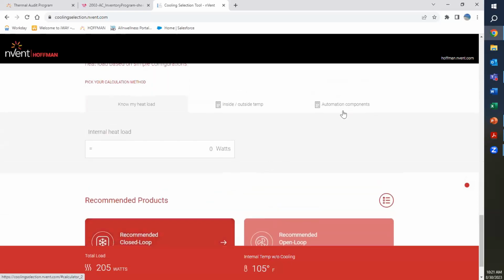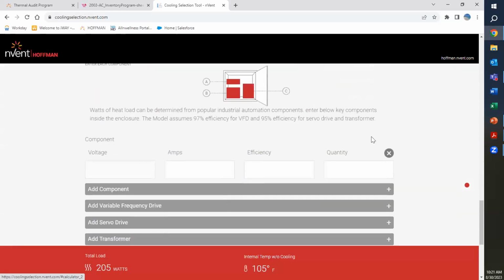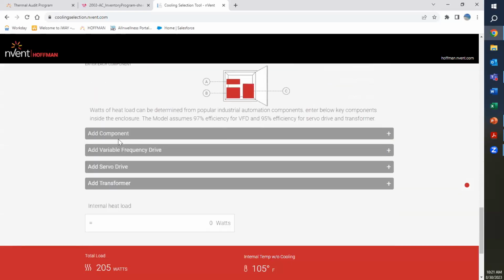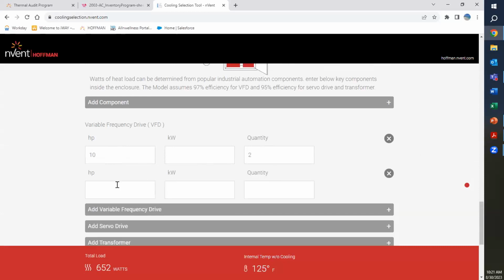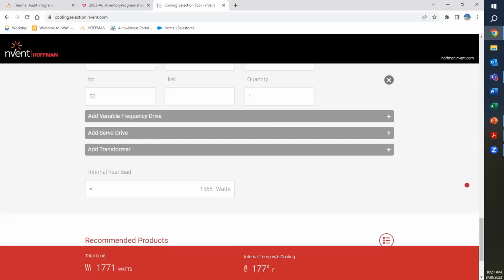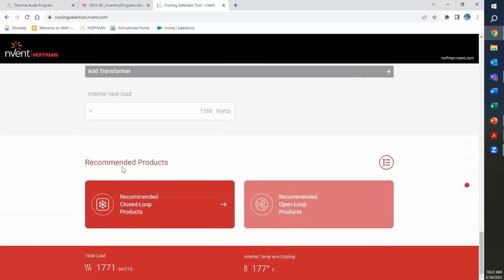If you don't, very simple, you just go to this automation components tab, and it'll pull up a list of things. You can add components, VFDs, servo drives, transformers, whatever you may need. So let's add a couple of VFDs on here. Let's do 10 or 210 horsepower, and let's add 150. So right down here, it'll give you your total heat load, and then you can go down to this